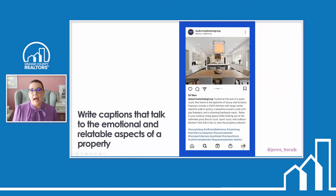When you're writing your captions, again, we want to think about obviously that search component, but we also want to think about creating an emotional connection. So again, people connect with things that make them feel a certain way. They want to feel happy. They want to feel luxurious. They want to feel invited. And so here's an example from Dudum Real Estate for a property they had tucked at the end of a